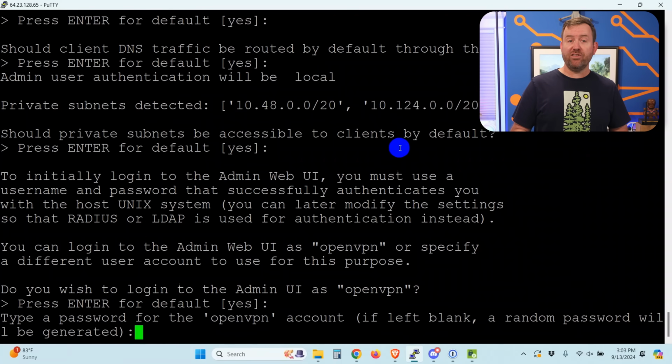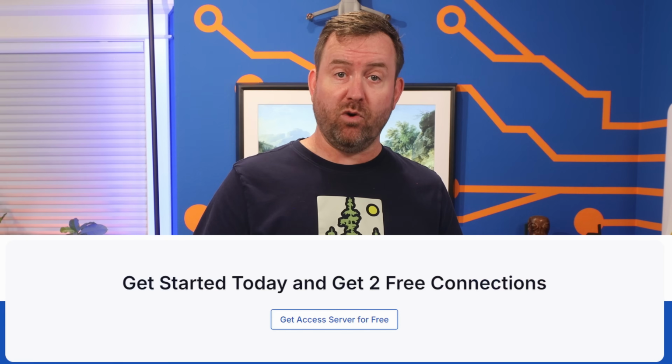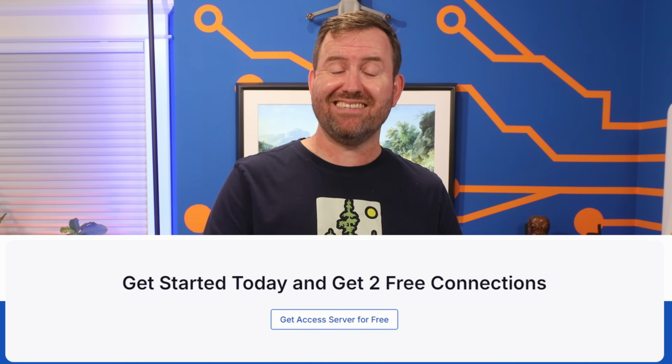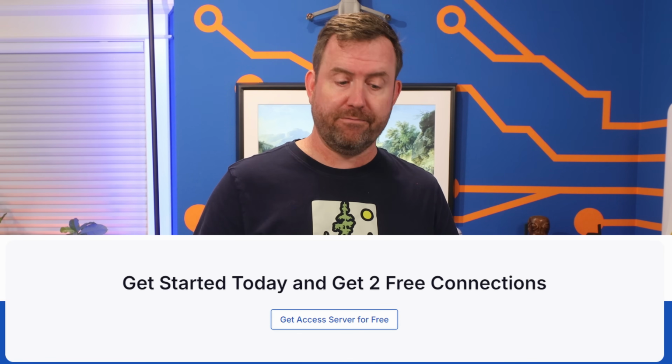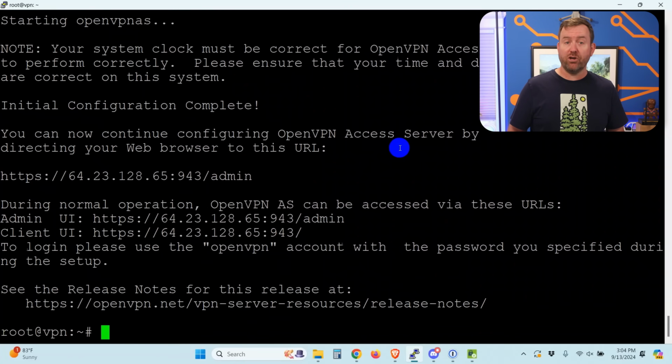Once you get to the admin user, you're going to need to set a strong, secure password. When it prompts you to enter in your activation key, you can just leave this blank for now. OpenVPN gives everyone up to 2 VPN connections for free, which is a great way to test out Access Server for yourself. Once the wizard completes, you can log into the OpenVPN Access Server GUI, which runs on port 943